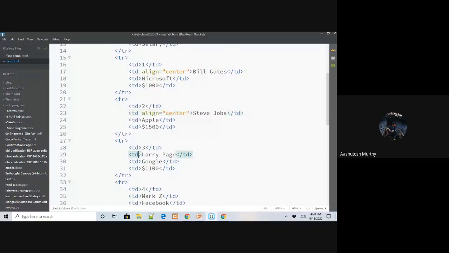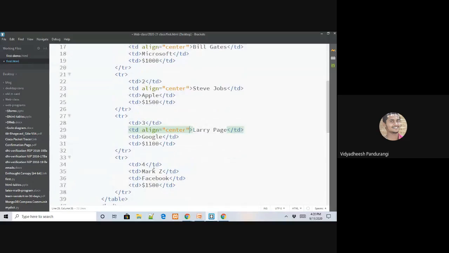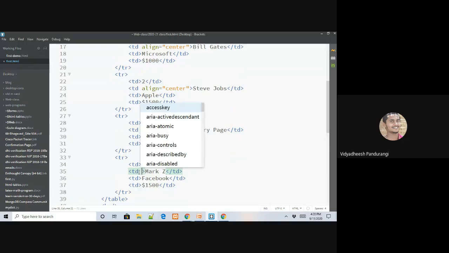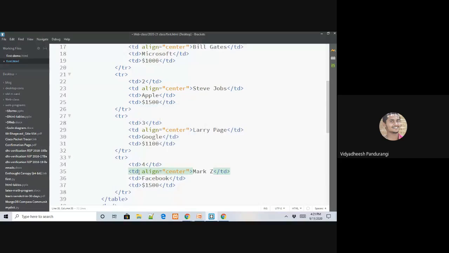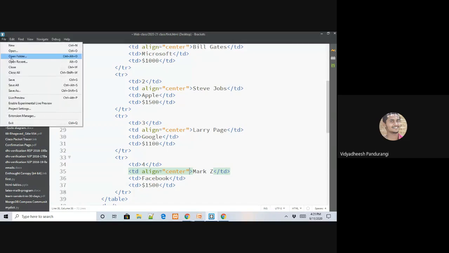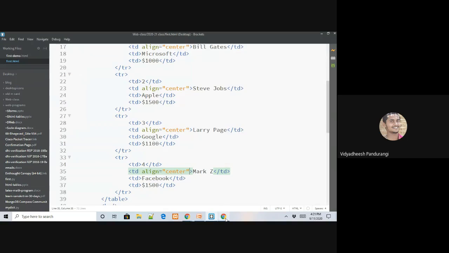Yes, sir. Yeah, I'm adding it to all the second cells. I'm just using the shortcuts here, Control C and Control V. I hope you are aware of these things. Yes. Okay, I've just saved this file and I'll go back to my browser.